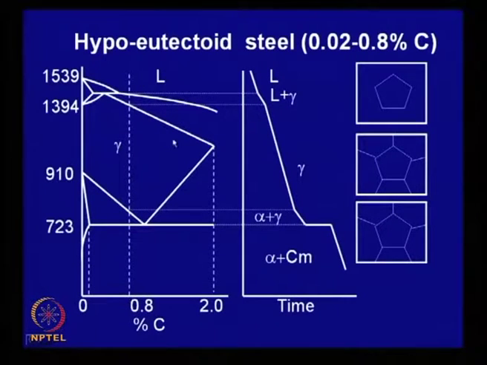In the same way, I leave it to you to find out the microstructure that will develop for a hypoeutectoid steel, anything between 0.02 to 0.8. You can clearly see that here, apart from that eutectoid structure, you will have some amount of ferrite precipitating out in this temperature zone, from here to here. That means this is a critical temperature, you can say, where from austenite some amount of ferrite will precipitate out,